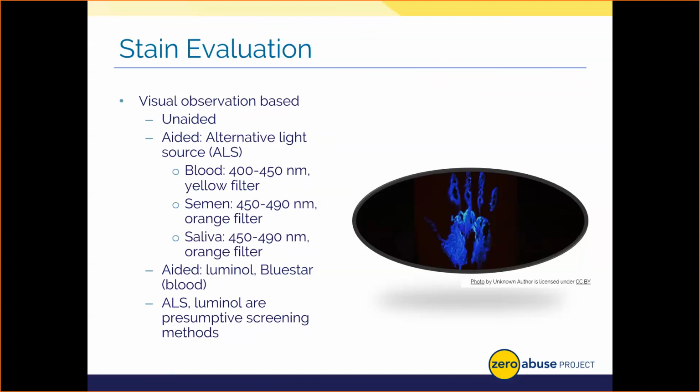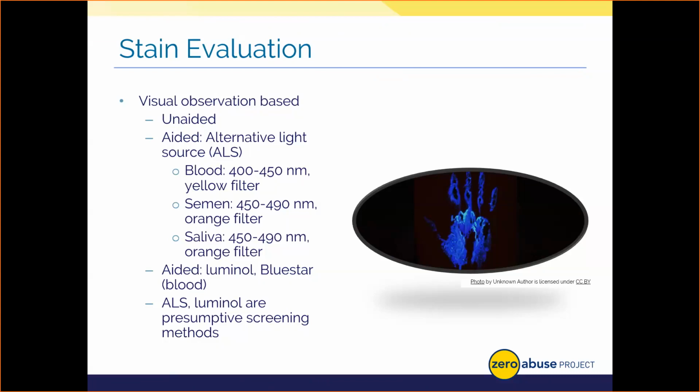In fact, the landscape study on ALS from the Forensic Technology Center of Excellence is a fantastic resource, and this is provided in your handout in the slide notes that can help you determine the best ALS for your testing needs, and it really showcases the best wavelengths for a given stain. As you can also determine, some ALS wavelengths of light do overlap. As such, ALS is a presumptive type of testing method and only used to screen for possible body fluids.